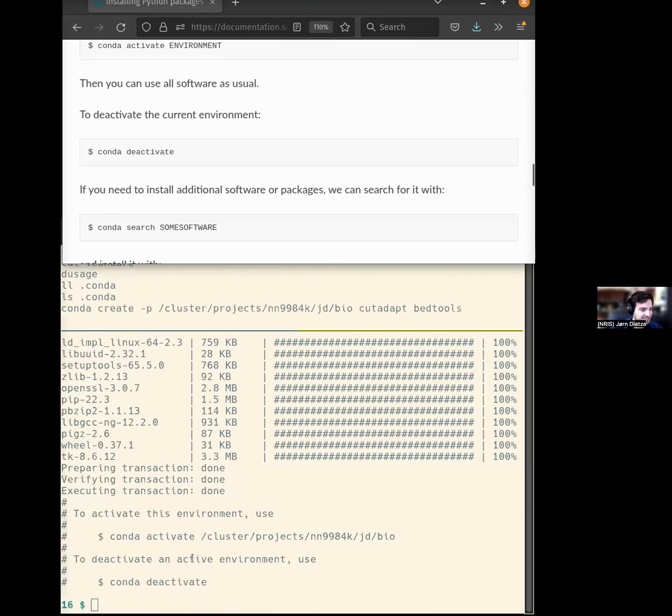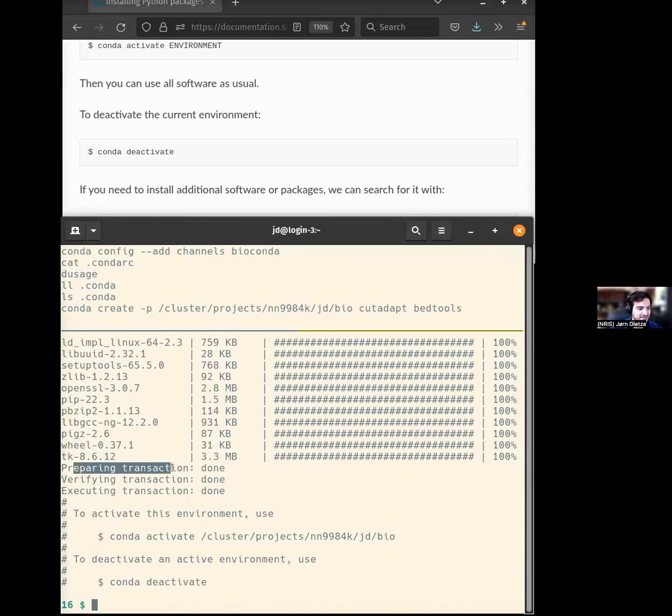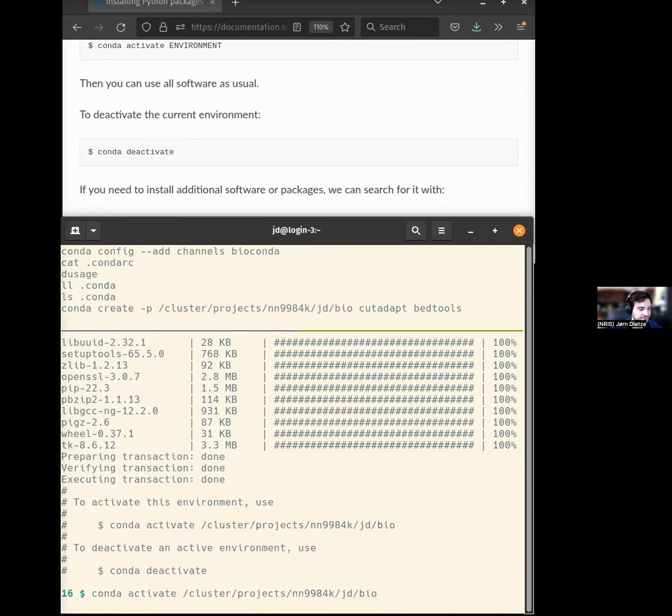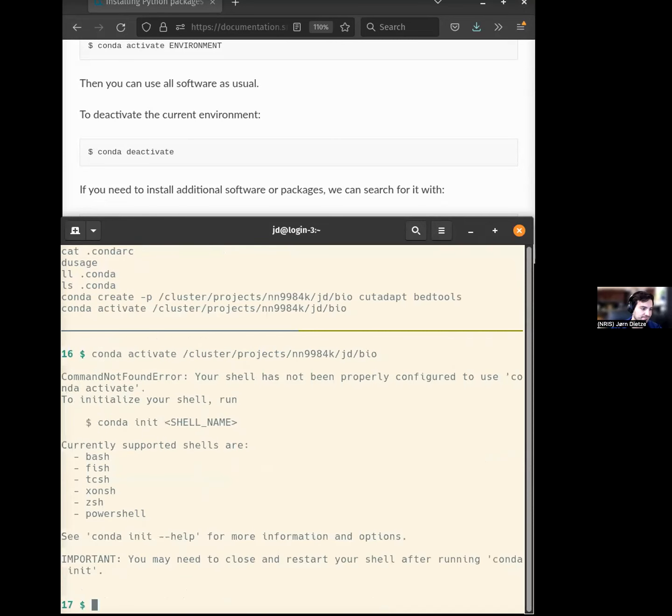Okay, you see now it verified. This is also checksummed to check that everything went okay. Now it's installed, and now it's done. And now we can activate it. And you see here, this is just a file path, or the path to the folder. And if I do that,